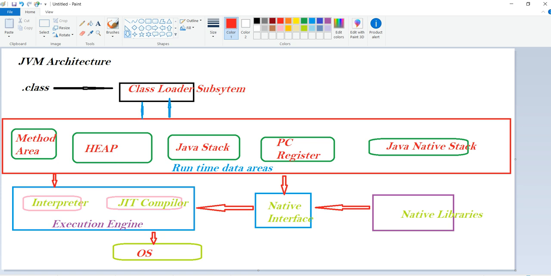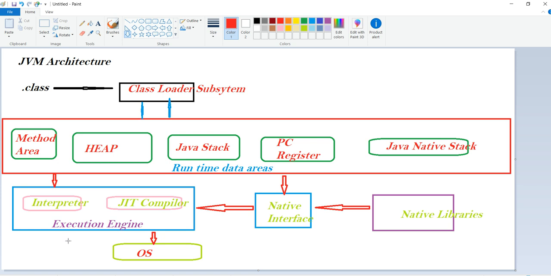Next here, the execution engine. The execution engine is responsible for executing the Java program. It contains two parts: the interpreter and the JIT compiler.